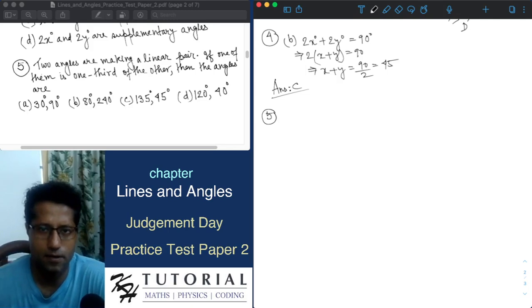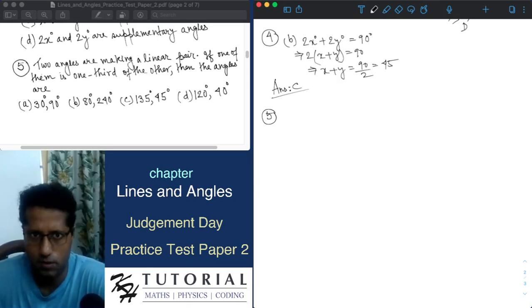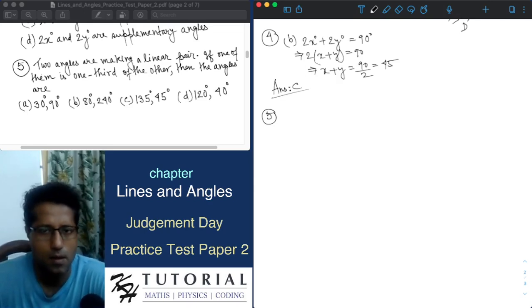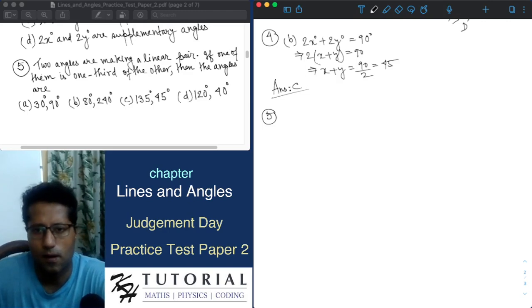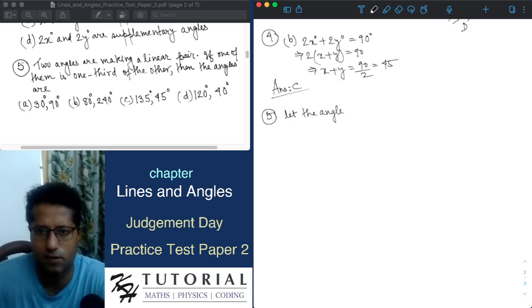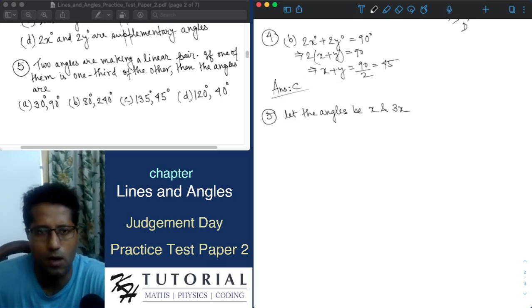Two angles are making a linear pair. Okay, so their sum should be 180 degrees. Fine. If one of them is 1/3 of the other, then the angles are. Okay, so since it is said that one angle is one third the other, let the angles be x and 3x. Now, since the angles are a linear pair,